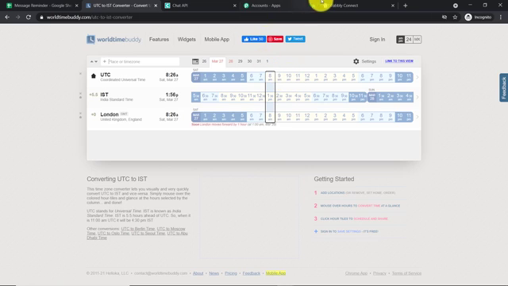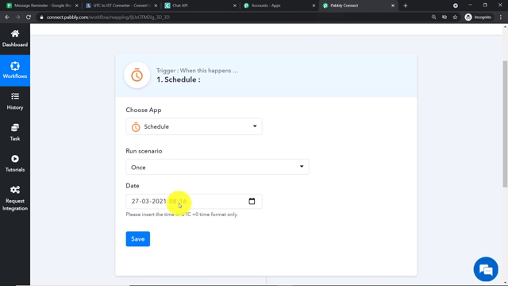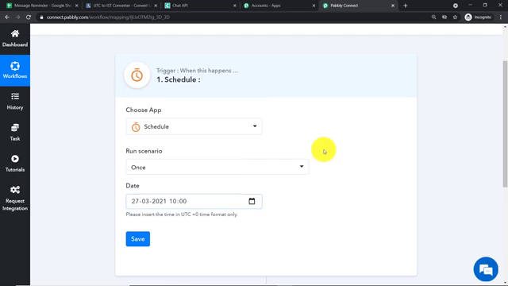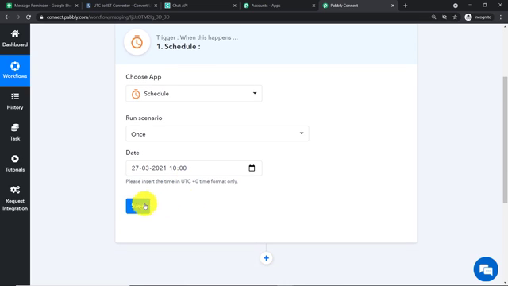So what I'm going to do here is I'm just taking you to Pabbly Connect and I'm going to make some changes here. I'm just selecting 10, and here in the minutes I'm just going to make it 00. So it is scheduled for 10 a.m. Okay, so it's done. So basically it will be sending the message at universal coordinated time, that is 10 a.m. for today. The time at which it will be sent in Indian Standard Time will be 3:30 p.m. So let me just click on save.